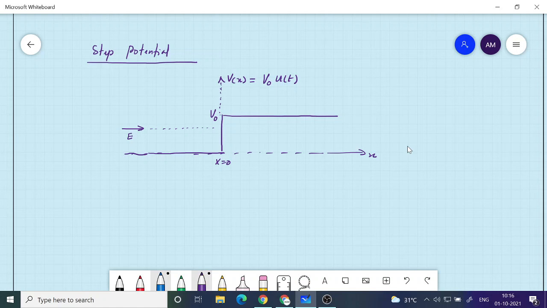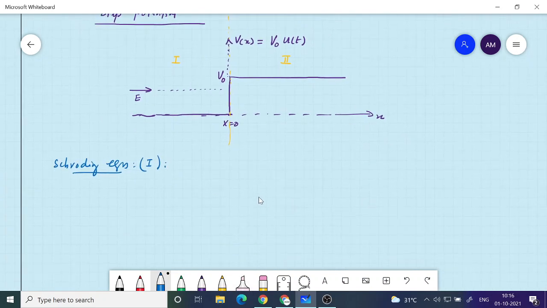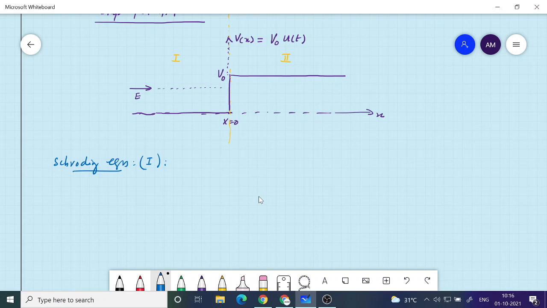So if you look at this potential, there are two regions. One is to the left of x equal to 0, so this is region 1, and then you have region 2. So we can write the Schrodinger equation for region 1 and region 2. So the Schrodinger equation for region 1. So in region 1, what is happening? The potential is 0. Okay, it's almost like a free particle. So we can write the Schrodinger equation as